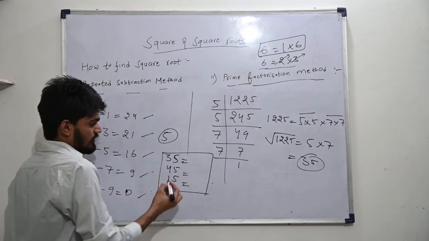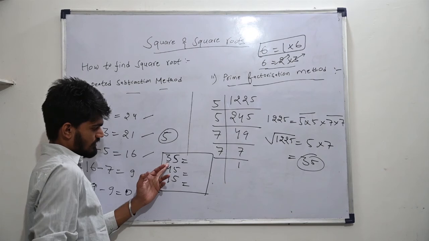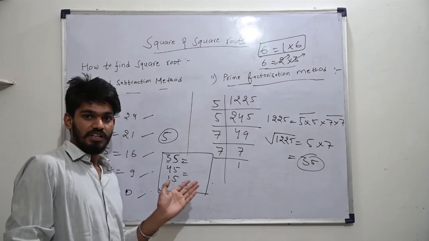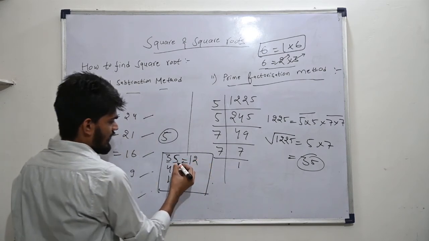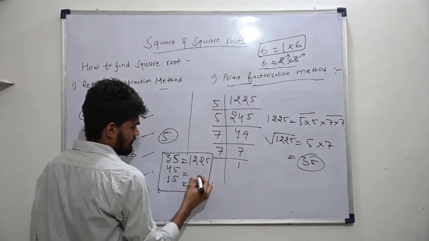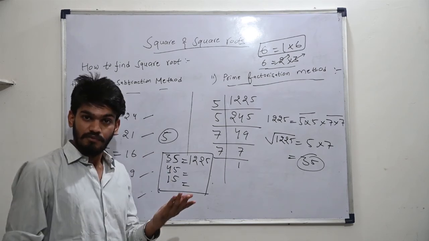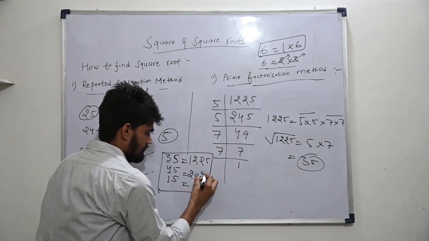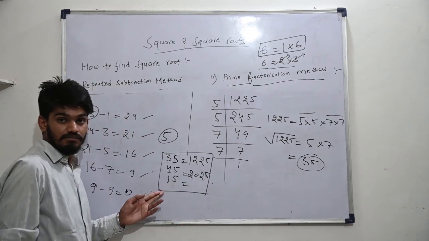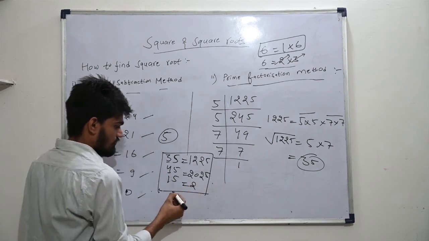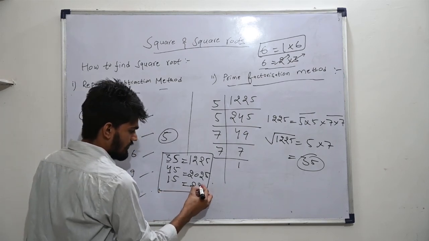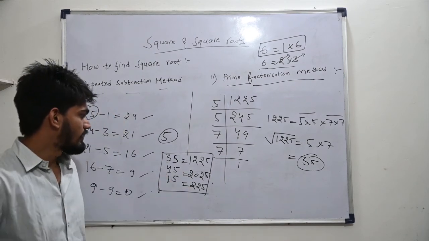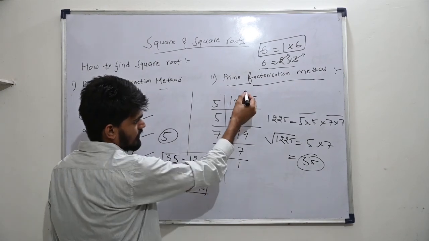What you have to do? Just multiply the first digit with the next digit. So 3 has its next digit as 4. 3 into 4 is 12, and 5 square is 25. For 45, 4 and the next number 5. 4 into 5 is 20, and 25. For 15, 1 and the next digit 2. 1 into 2 will give us 2, and 5 square is 25. That's how you can find the square of any number ending with 5. So you can check your answer here: 35 square is 1225 as well.